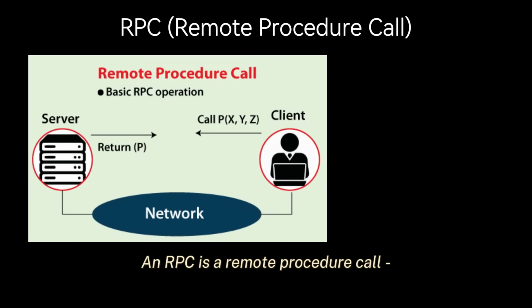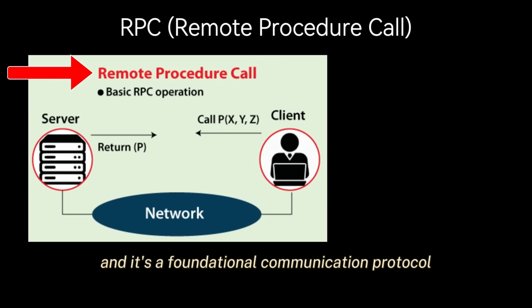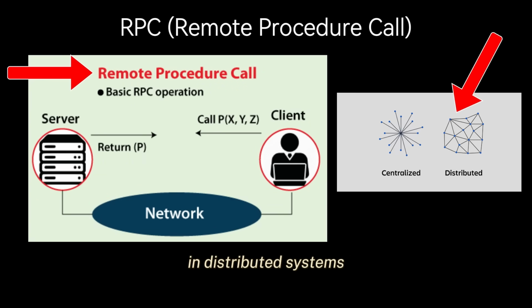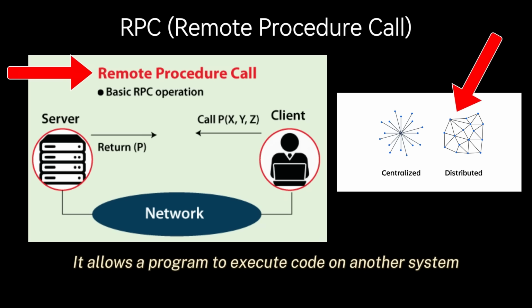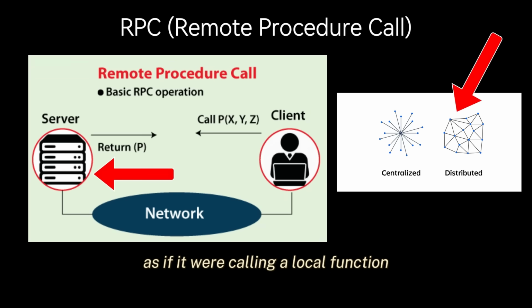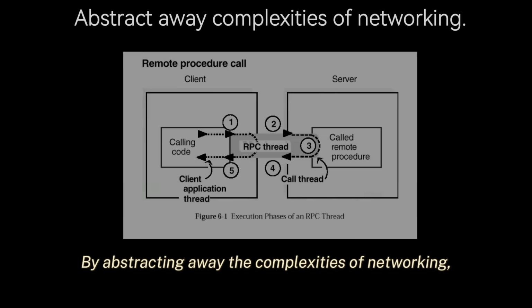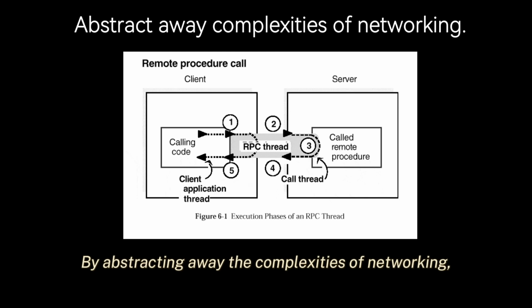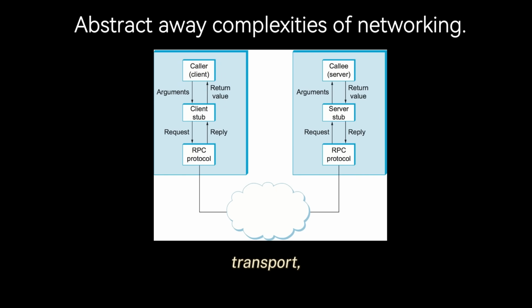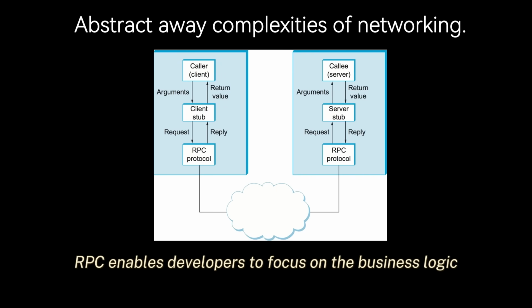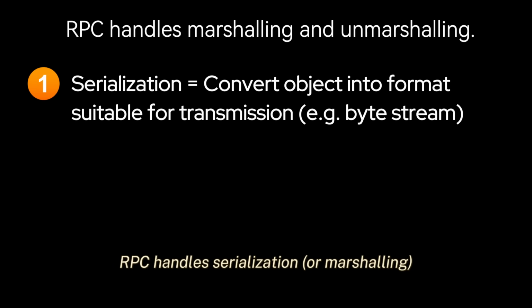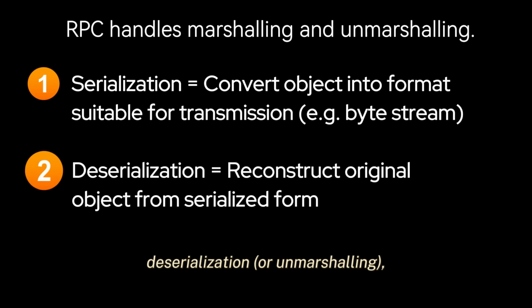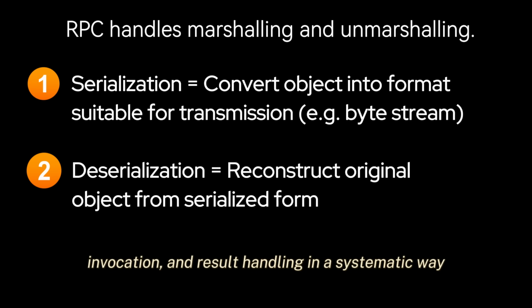An RPC is a remote procedure call, and it's a foundational communication protocol in distributed systems. It allows a program to execute code on another system as if it were calling a local function. By abstracting away the complexities of networking, such as message formatting, transport, and data decoding, RPC enables developers to focus on the business logic instead of plumbing. Behind the scenes, RPC handles serialization or marshalling, deserialization or unmarshalling, the transport, invocation, and result handling in a systematic